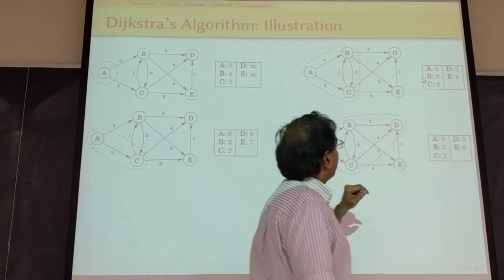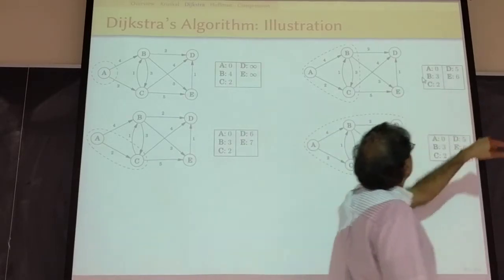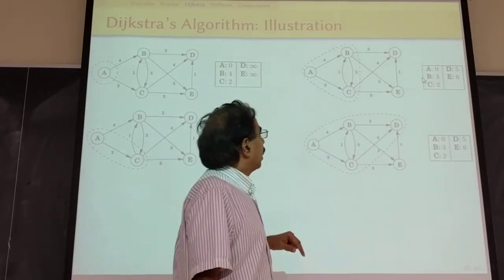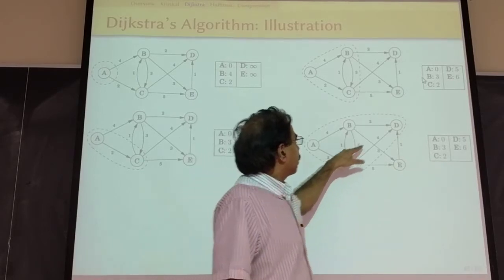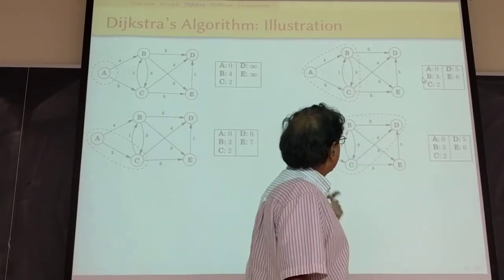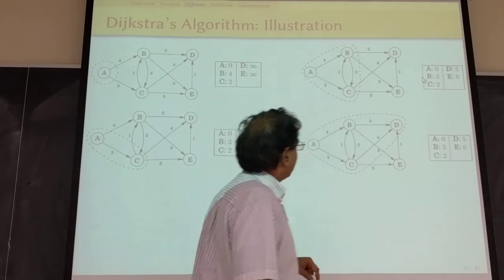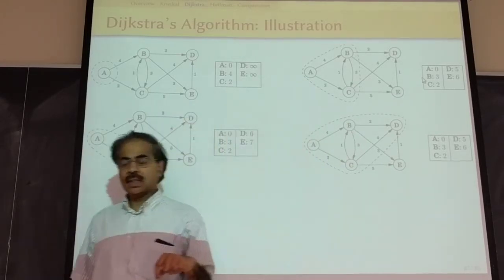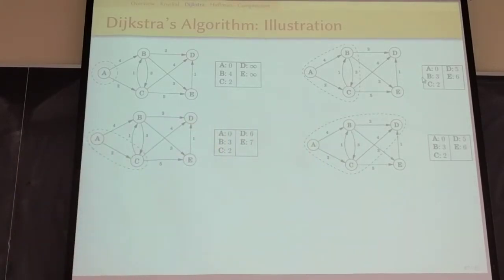Now you look for the minimum between D and E, right? D is the minimum, and so you look at D, and well, D actually does not even have any outgoing edges, and then you're done. So by the way,